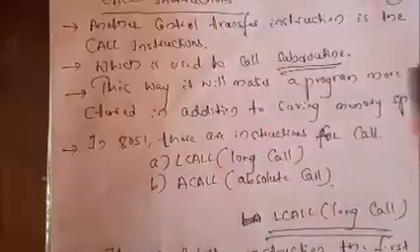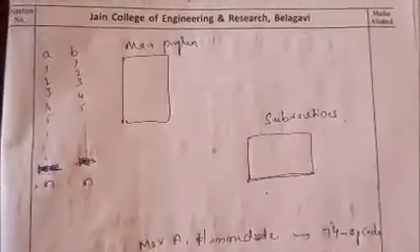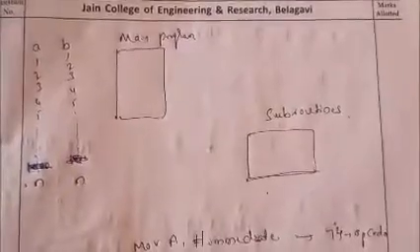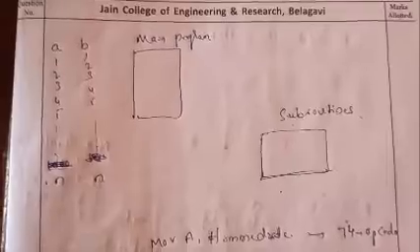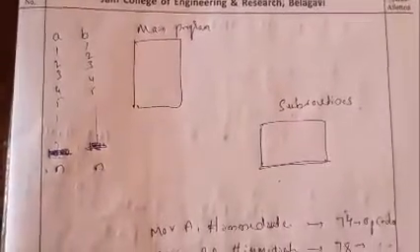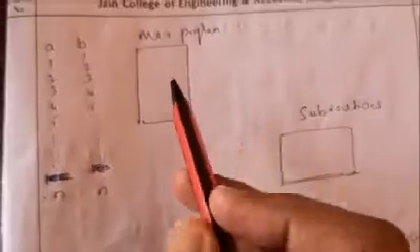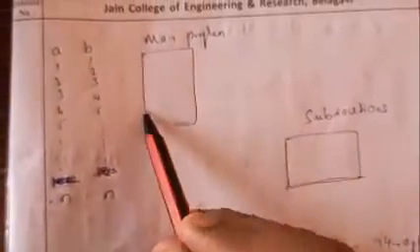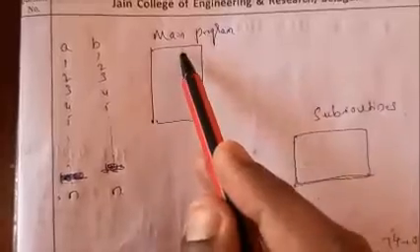So first we need to understand what is meant by a subroutine. In a simple way, in C you call them functions or procedures, yes or no. Similarly, in assembly programming we call it a function, a procedure, or a subroutine. So already we know that here I am going to write one main program, with some instructions at the beginning.